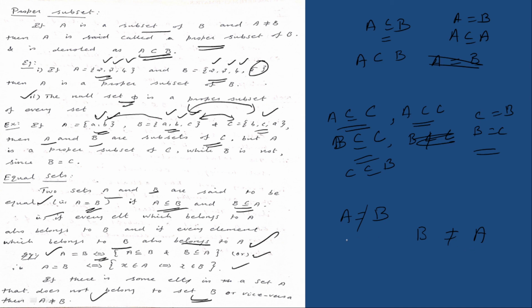Okay. So what is the meaning of equal sets? It means both of the sets consist of the same number of elements. The cardinality of a set should be the same. The first thing, both of them should have the same number of elements, and also both of them have the same elements. Then only can we say these two sets are equal. Okay. Next one, an example based on that.